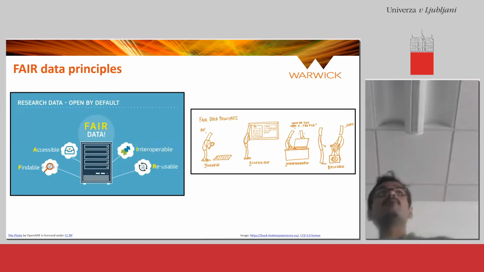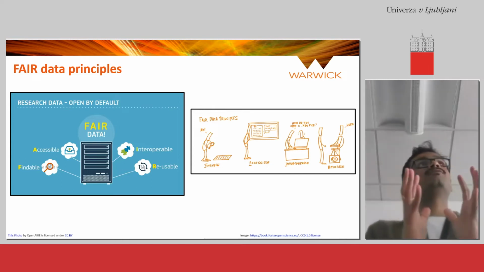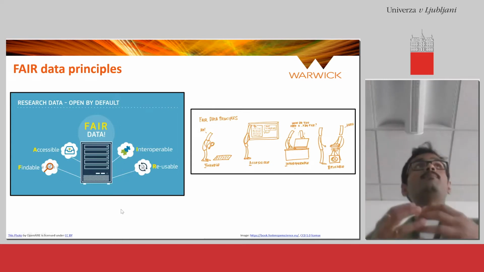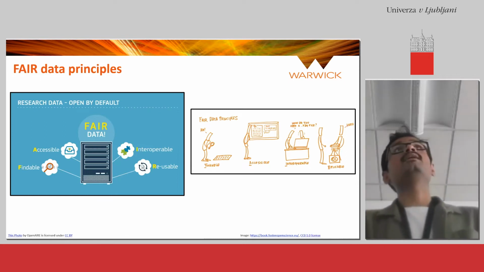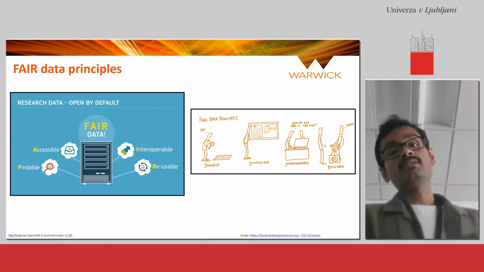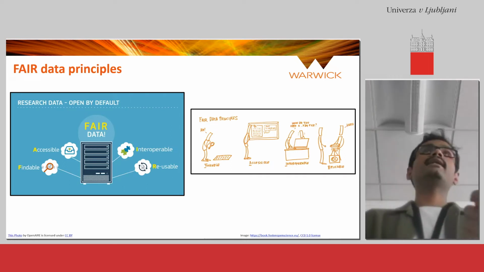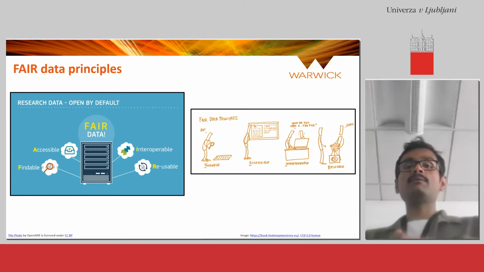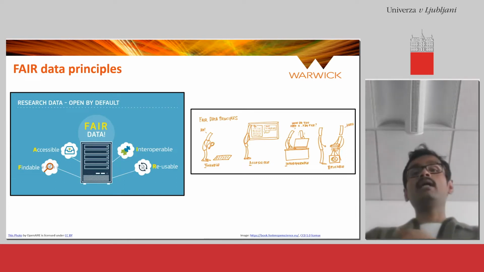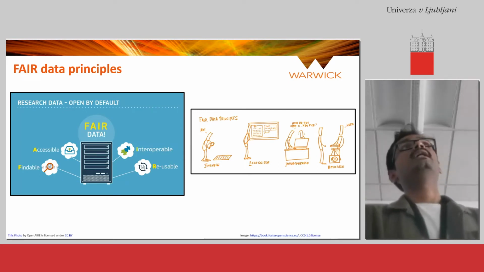So the FAIR data principles. I just put a picture here, but FAIR means findable, so that when you publish your data, when you create your data, others can find it. Accessible, you can access it after a certain time or others can access it. There's always a funny thing that happens. People think fairness means you make your data openly available. Fairness doesn't mean you need to make your data openly available. It's more about how much you can discover it and where you can find it. The other is